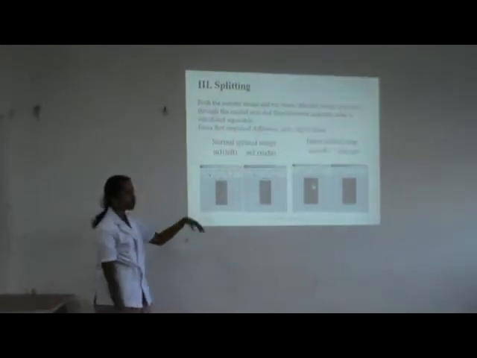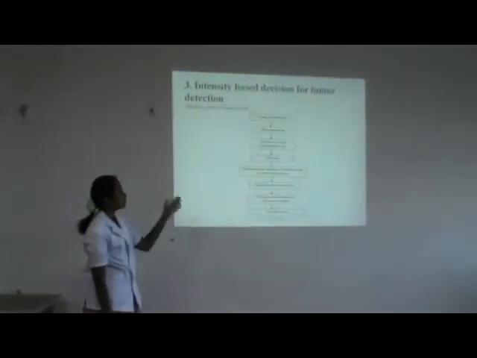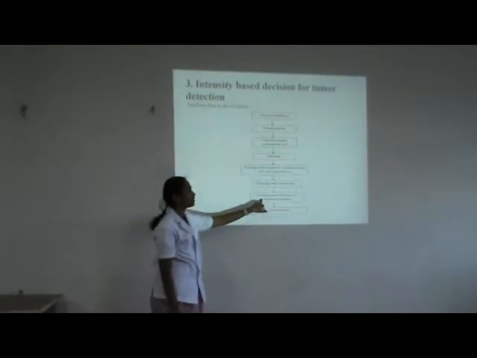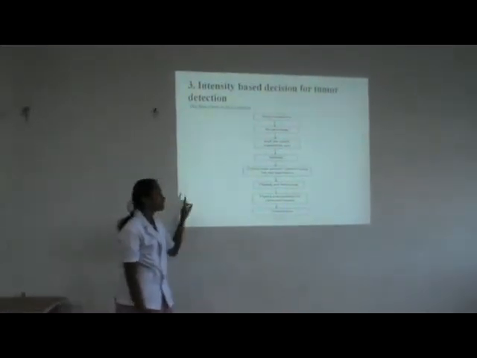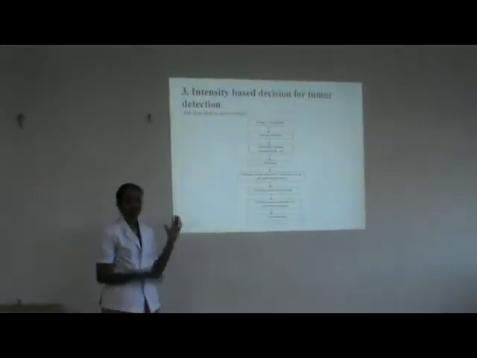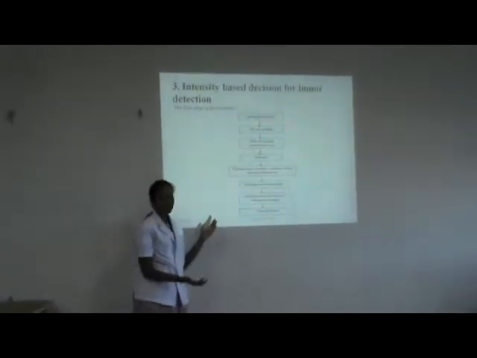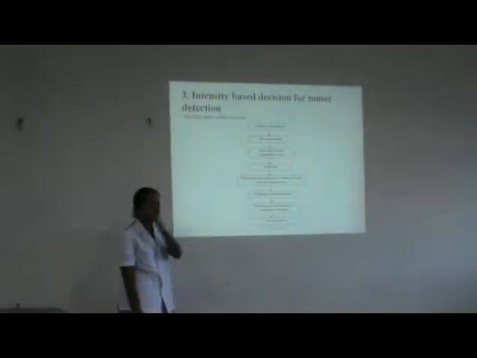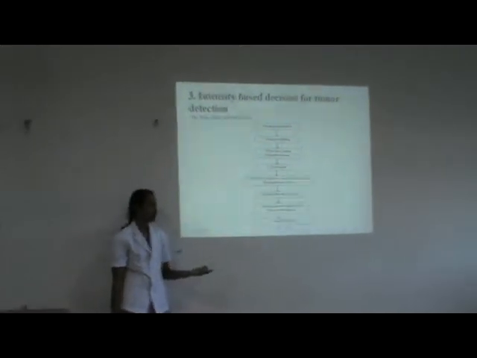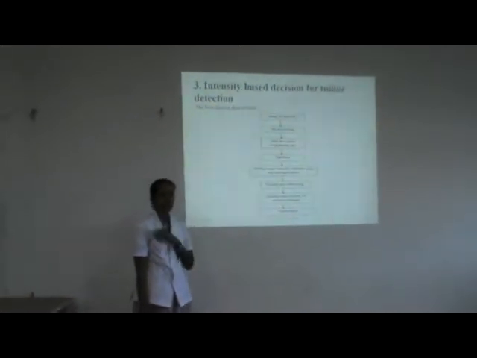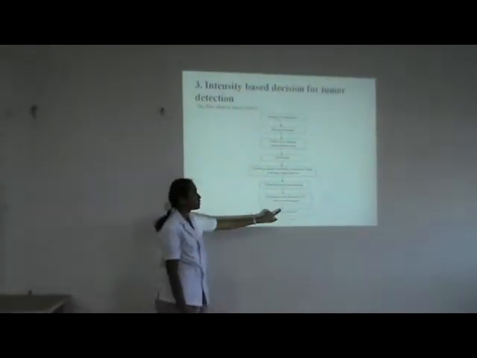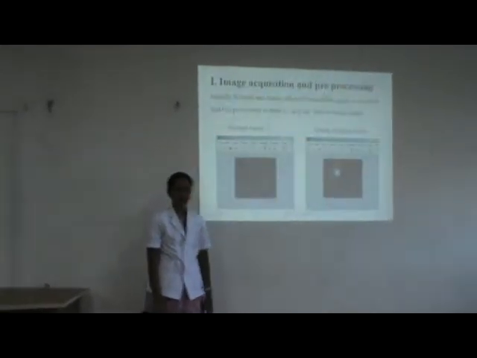After calculating the mean values, we are going to find which... After flipping and subtracting, we will find the mean intensity. Here I have considered the mean to be a value of 15. If a value comes out greater than 15, we will consider that as a tumor affected or hydrocephalus affected brain. If it is less than that, we will consider it a normal brain. After this step, we go for the classification.